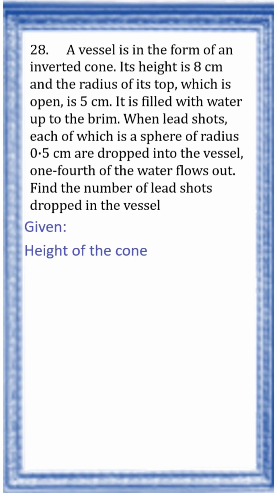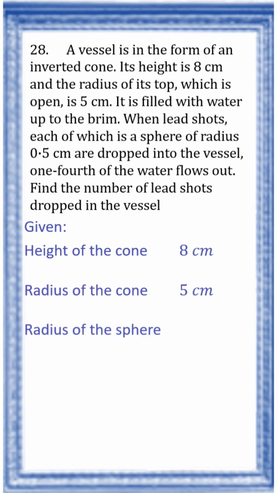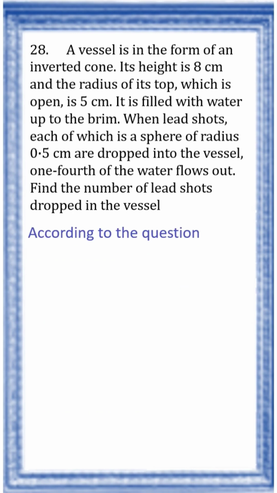What has been given here? Height of the cone is given, 8 centimeter. Radius of the cone is also given, 5 centimeter. Radius of the sphere is 0.5 centimeter. Now we have to find the number of lead shots. How can we get it? According to the question, what happens